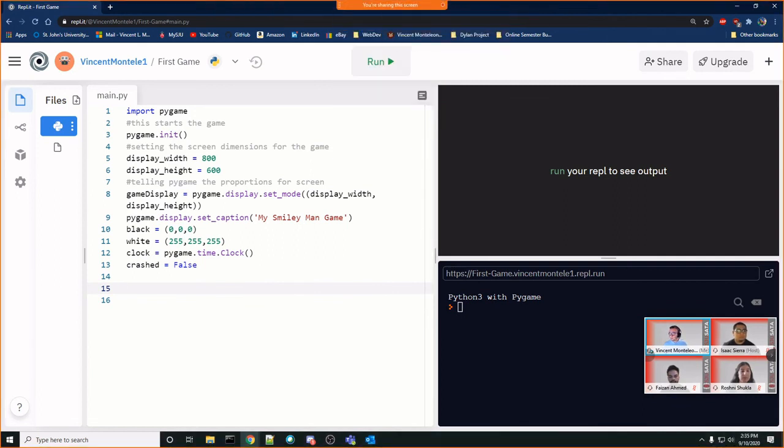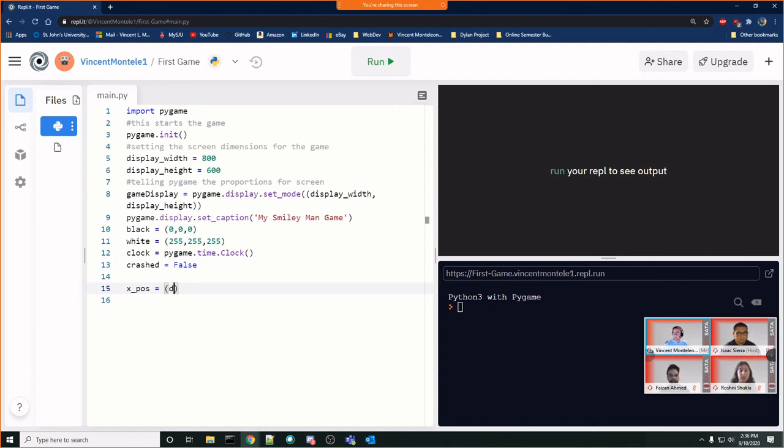All right, so with that said, to be able to actually figure out how to move this guy around, what we're going to have to do is set a variable for X, and I'll say X position is going to be equal to, and doing some quick math, we can give this a good starting position for our X based on what we set our width and our height to for our screen.